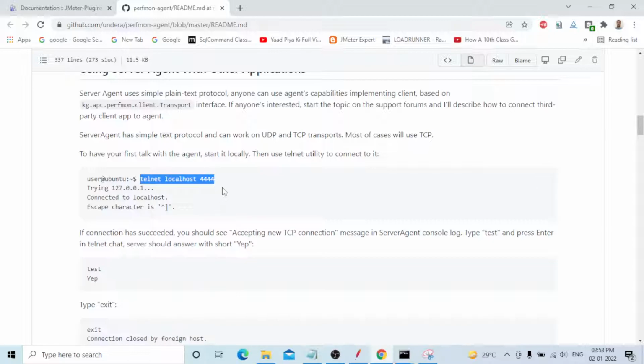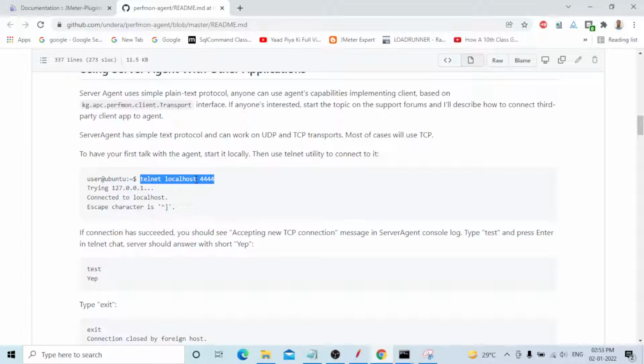Now, this is the way you need to connect. First of all, open command prompt on your machine with run as administrator privileges, and type telnet. Remember this one: telnet localhost 4444. Telnet is a command used to make connection requests.